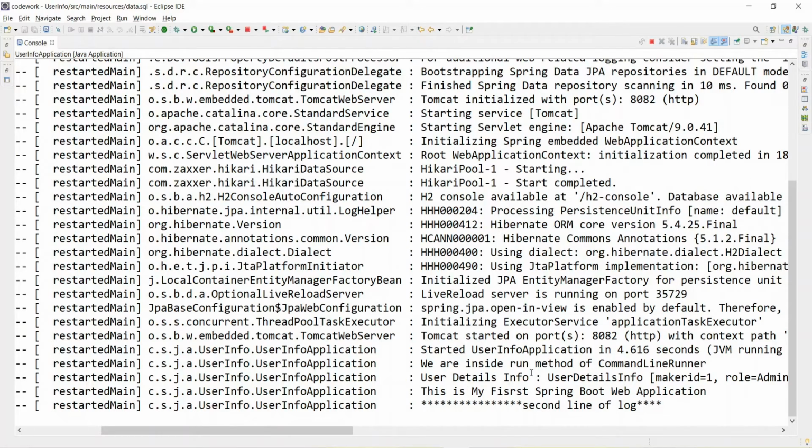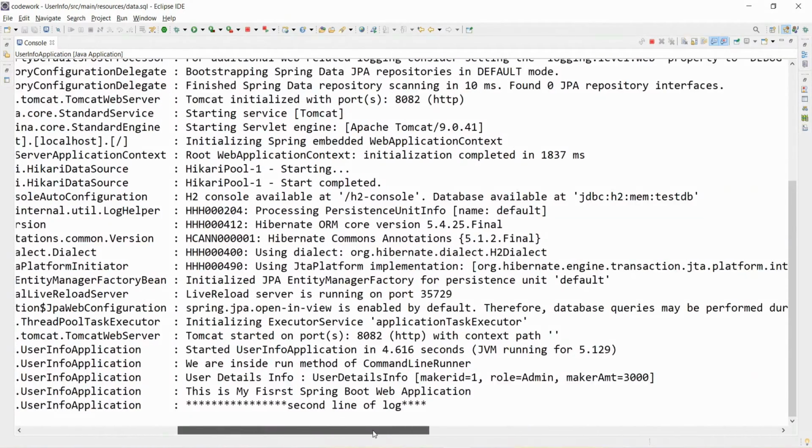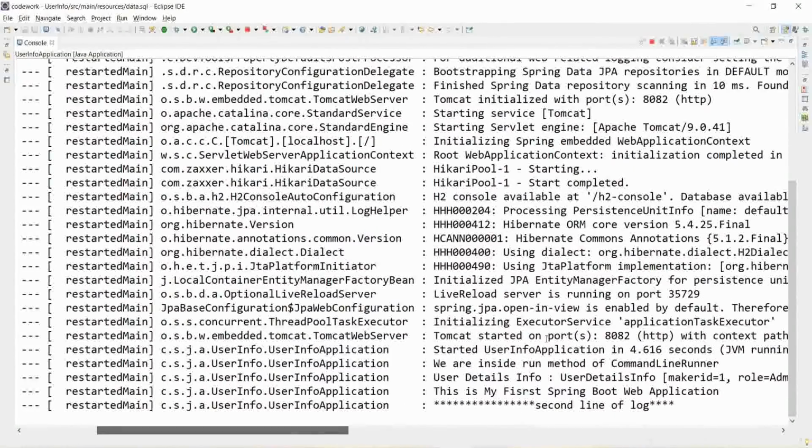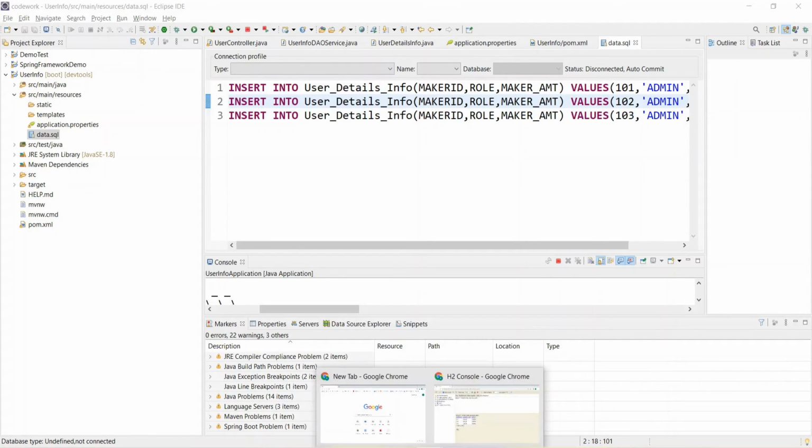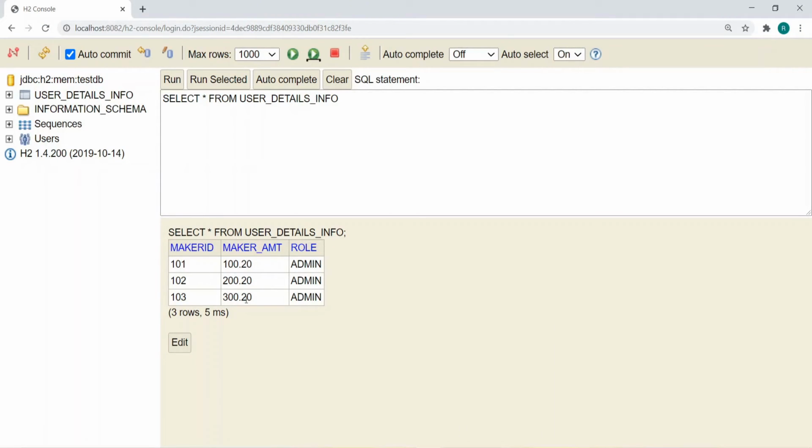So how did this data get loaded? It might be surprising how this data is getting loaded over here, because Spring Boot is doing it for us. Whatever .sql file you write over here, it will read that SQL file, and whatever SQL command you execute on the table that you created using the entity annotation, it will perform the operation on that. This is how it populates the data to the database, and that's why on the H2 console we are able to see this data.